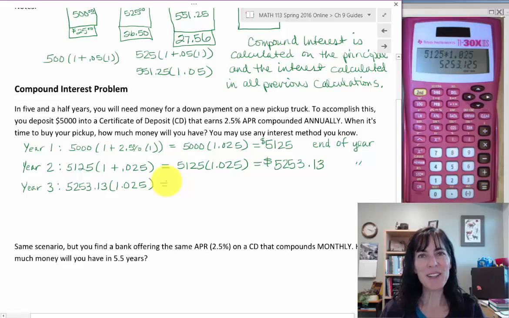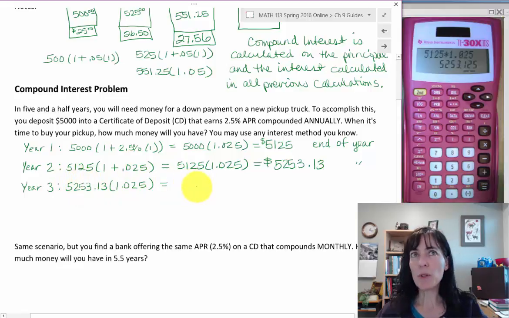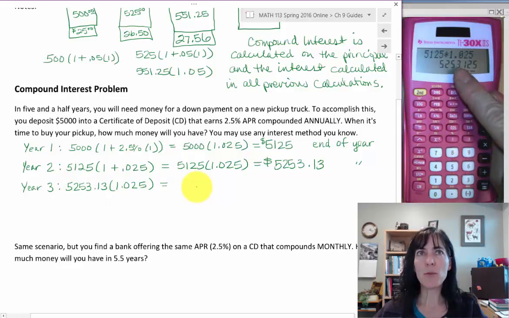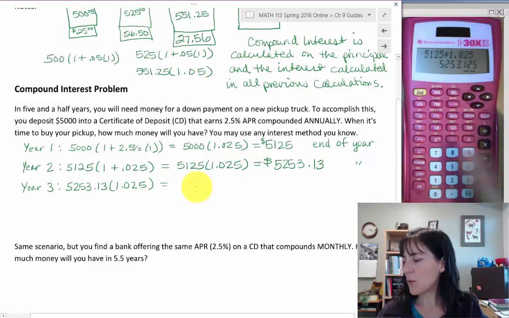And do you see I'm taking a small shortcut? I know that I'm going to be doing 1 plus 2.5% times 1, that has not changed, even though my balance has changed. So I'm just writing this same figure here, 1.025, right away to be multiplied by the previous balance. And then when I multiply those, I already have this number sitting on my calculator, but I do want to round it. So I'll do